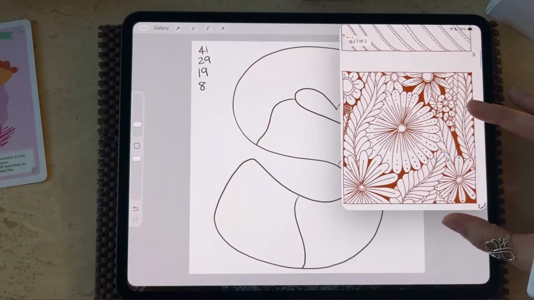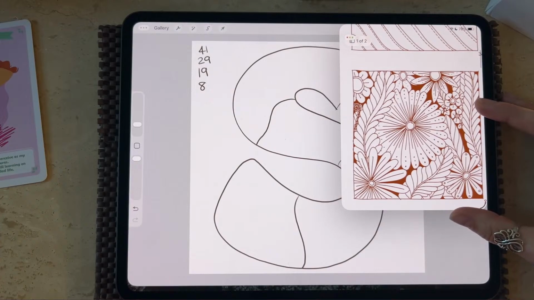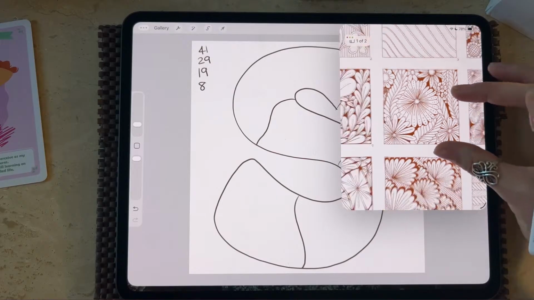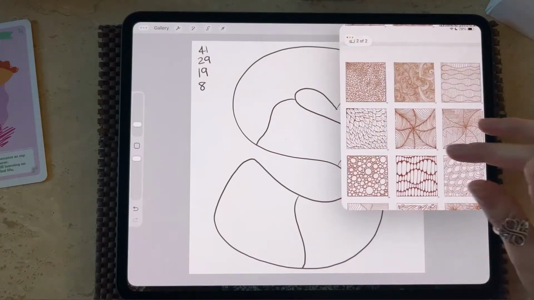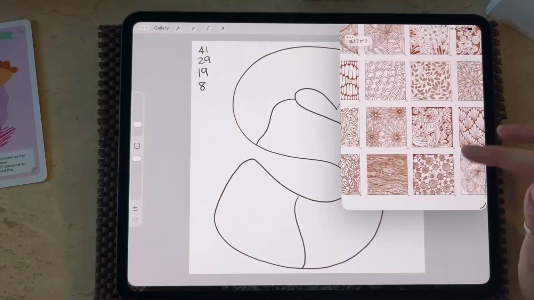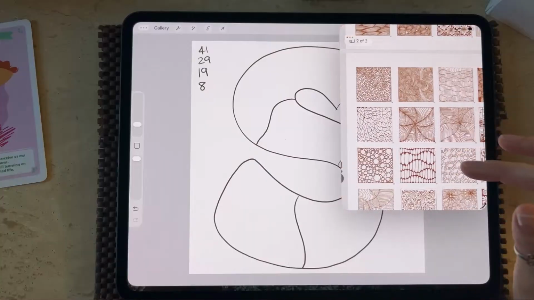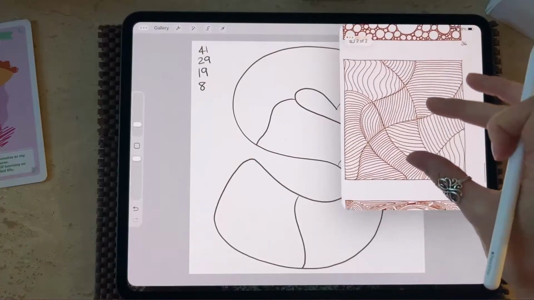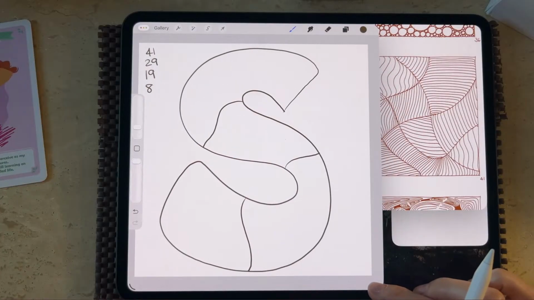There we go, little jungle flower vibes. So nice selection today. I quite like that. And you can follow along with me if you want to, or you can go at your own pace. So if you draw faster than me, you carry on at your own pace. That's why we've got the numbers already there, so that you can go at your own pace.